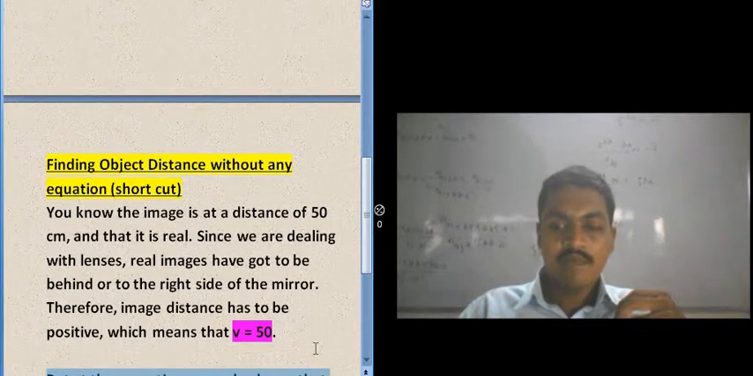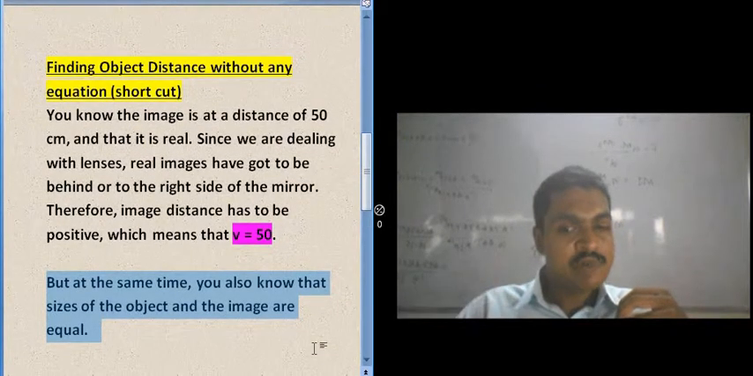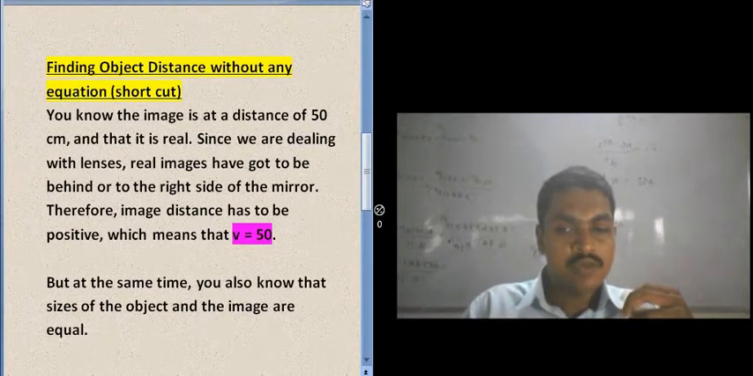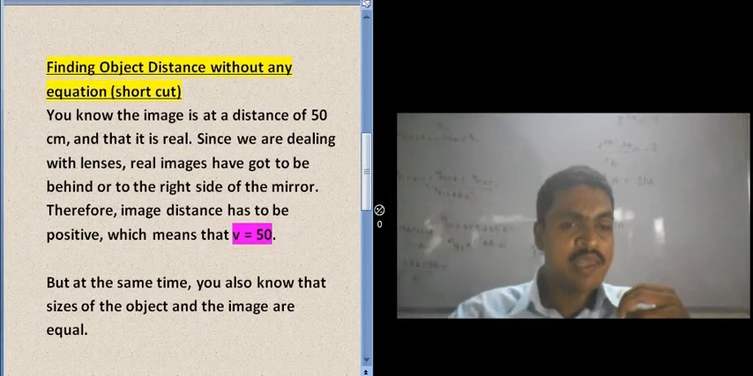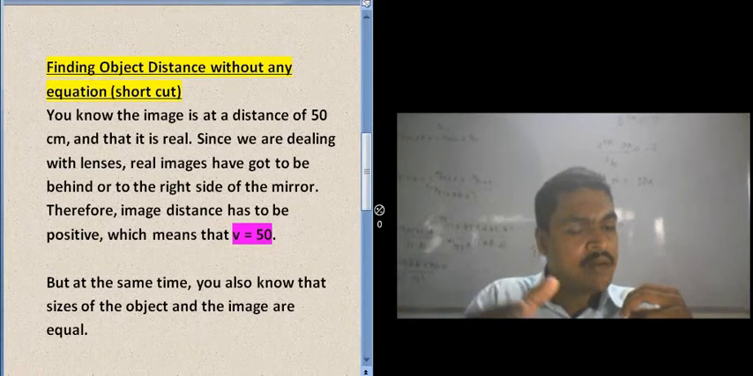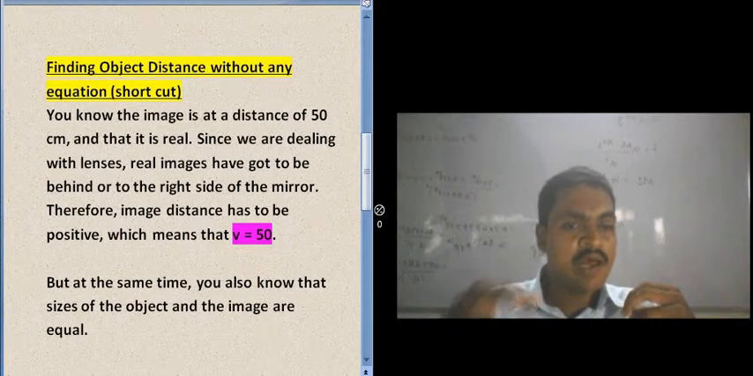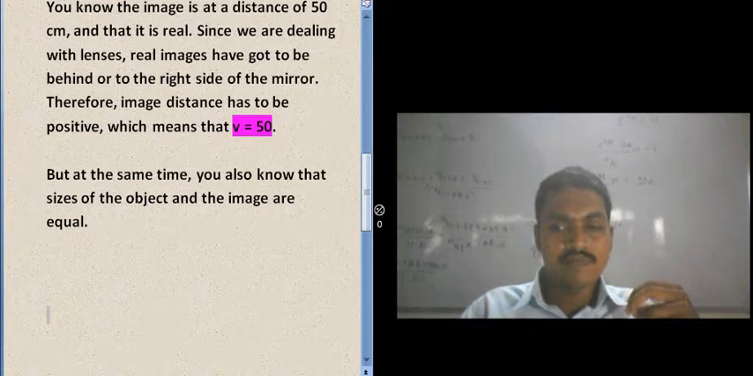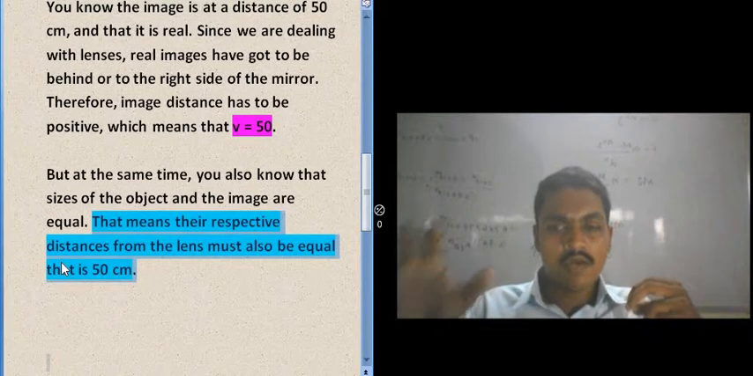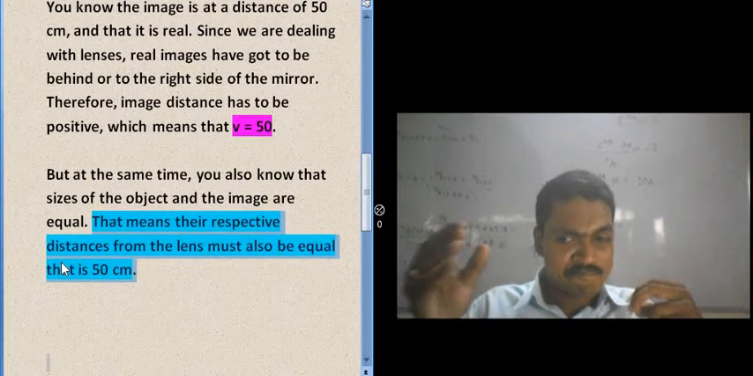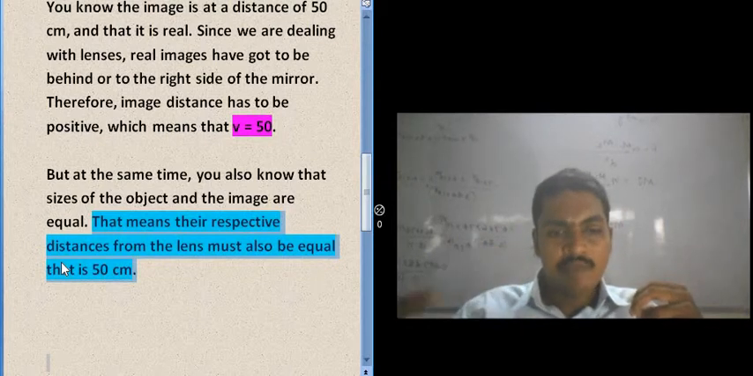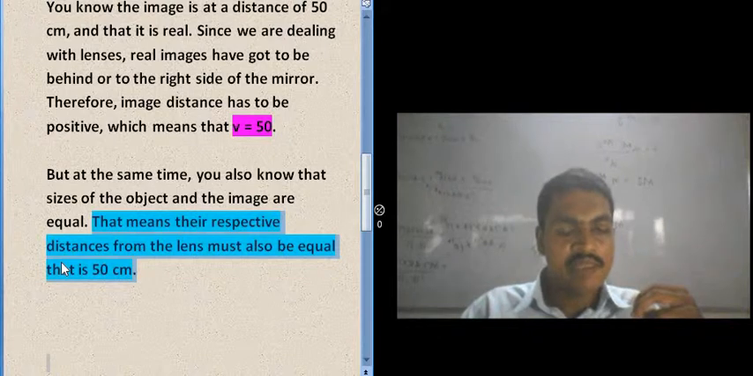But at the same time, you also know that your object is real, and you know that the size of the object and the image are equal. That gives us some clue to the magnification of the image. When the size of the object and image are equal, we can take the magnification to be 1. So let's move on. When you say the magnification is 1, or in other words, the object and image are of equal size,